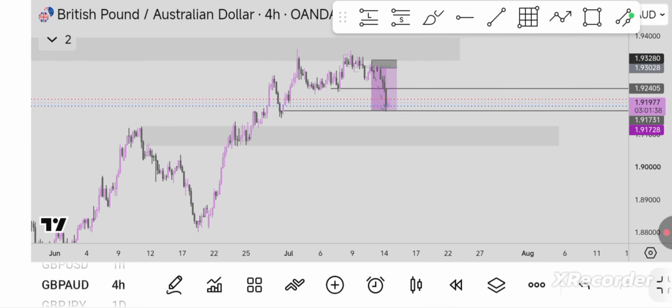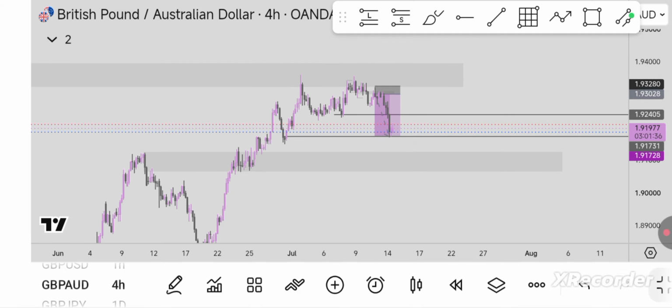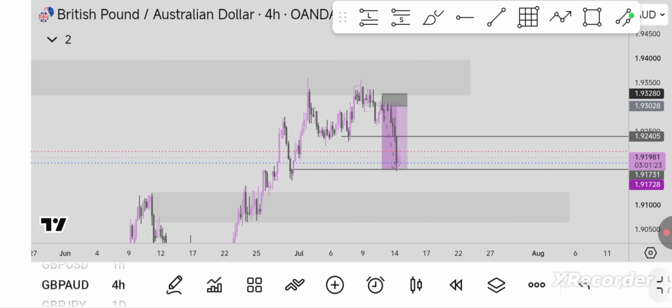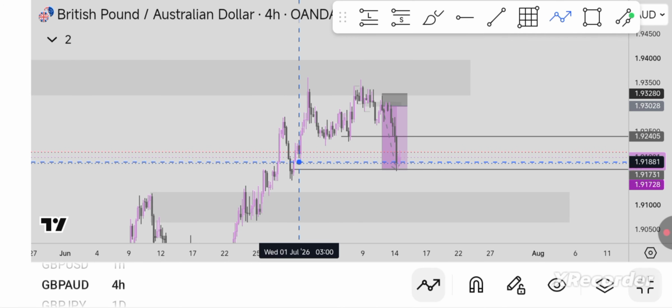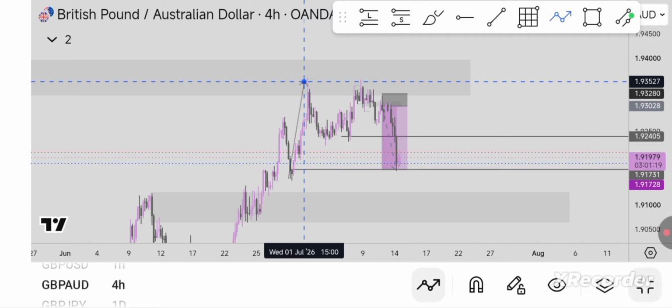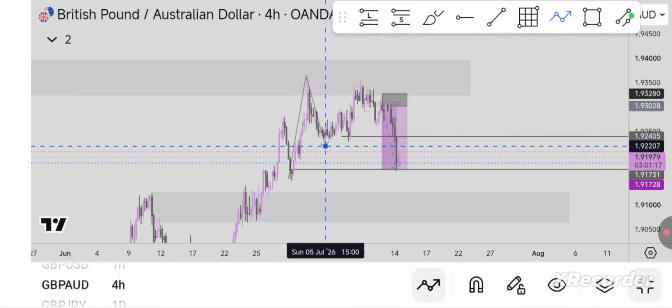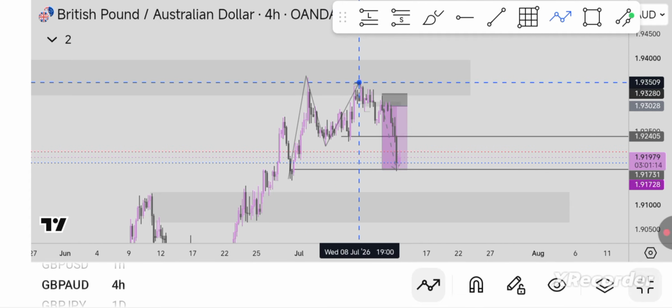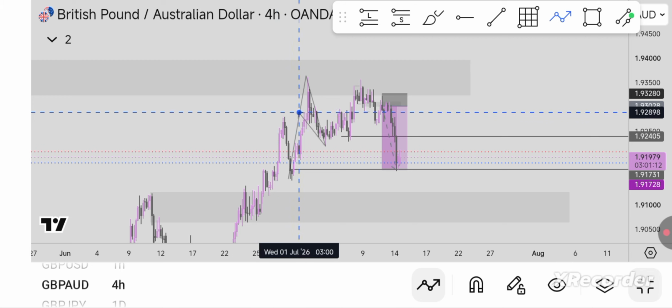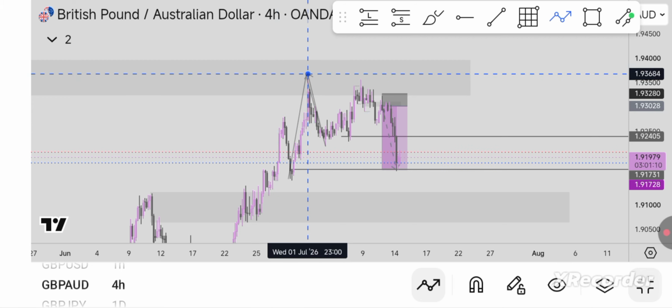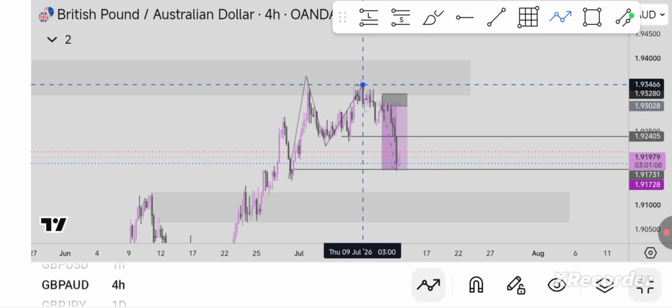Now on the 4-hour, you can see the market was first bearish, then the market traded into the daily key level. So on the 4-hour, we can clearly see that. Now this is what I saw: the first rejection and the second rejection. Now when the market first tapped the zone, came down and went up, I was